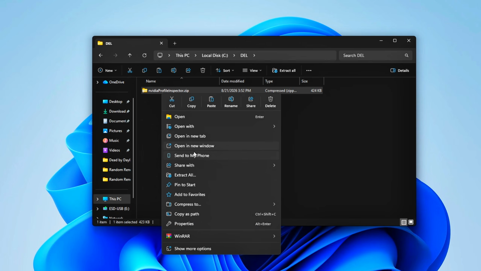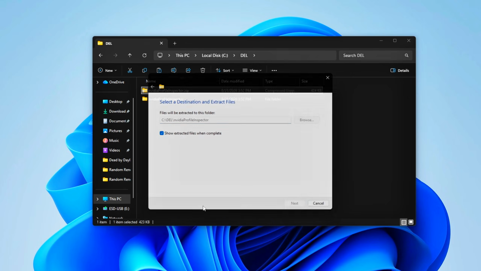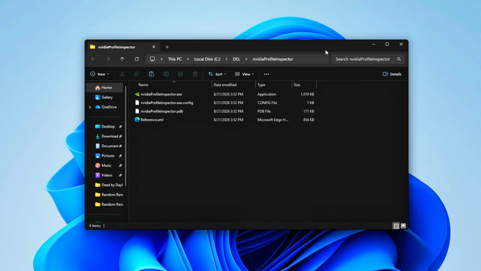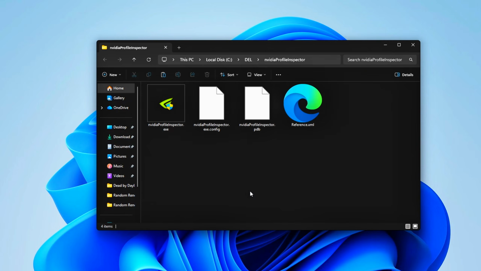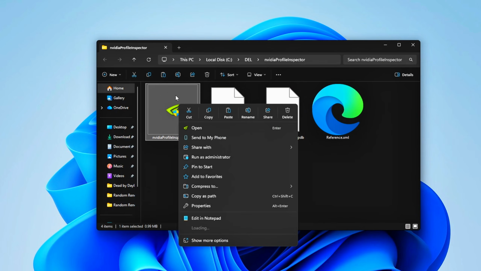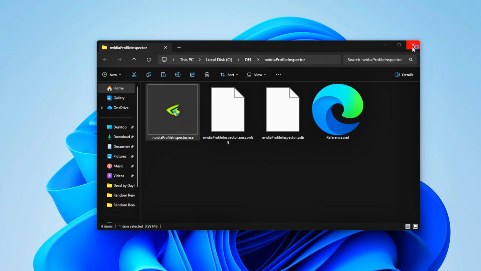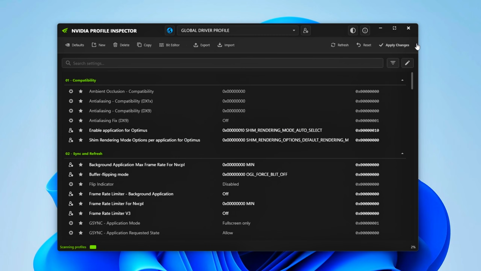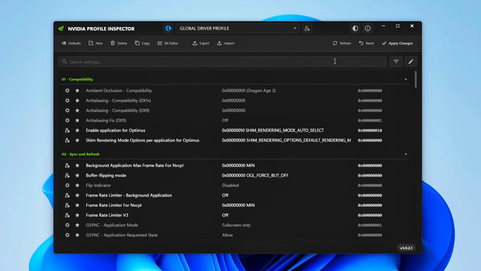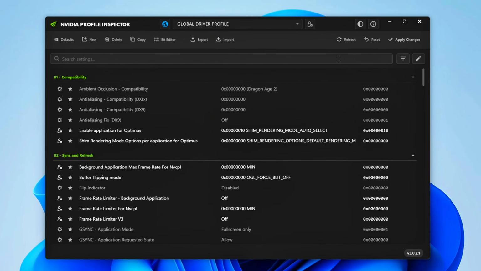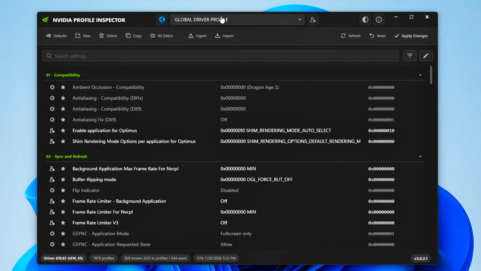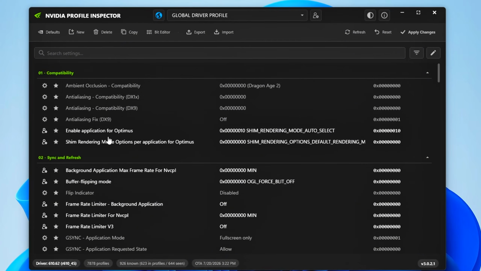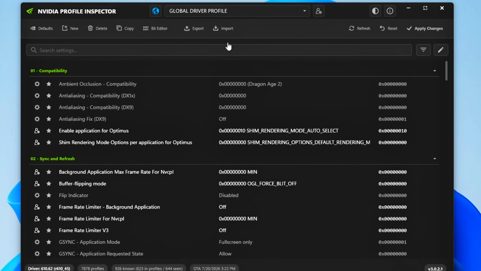Download the latest release zip, extract it anywhere on your PC. There's no installer, it's fully portable. Just unzip and you're ready to go. Right-click the executable and run as administrator. This is required, not optional, since the tool needs elevated permissions to actually write changes into the NVIDIA driver's profile database. If you don't run it as admin, your changes won't save even if the interface lets you click around